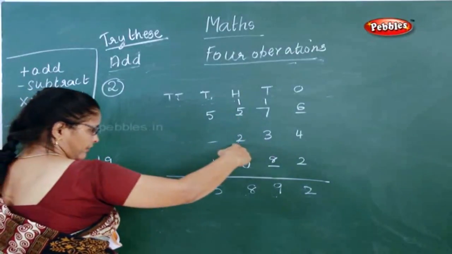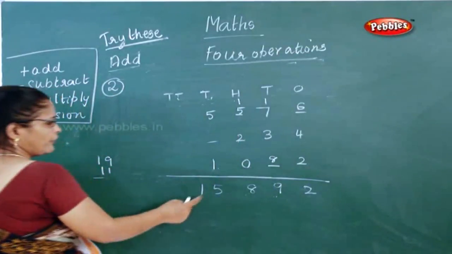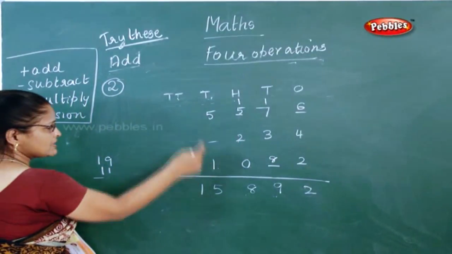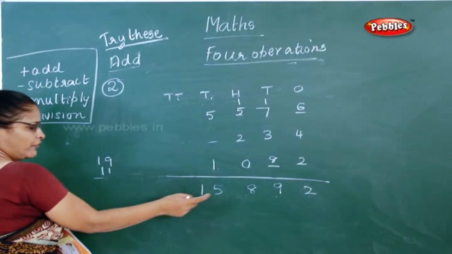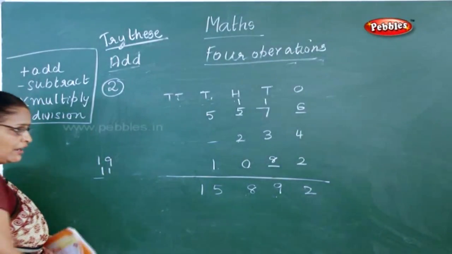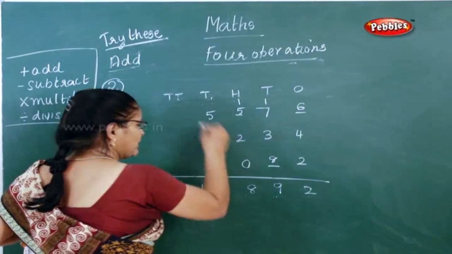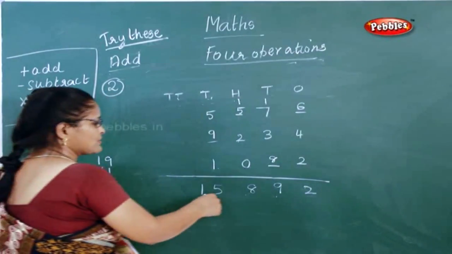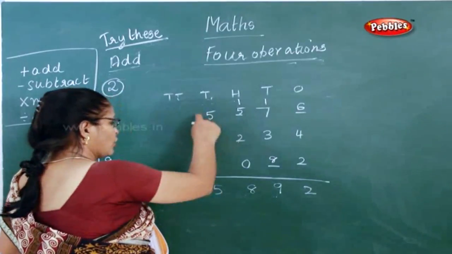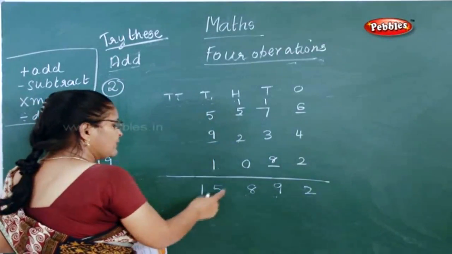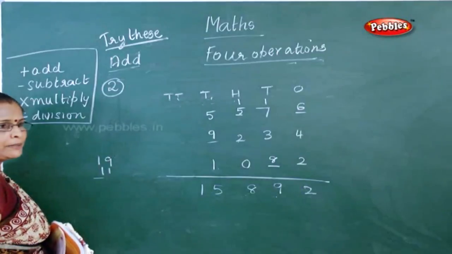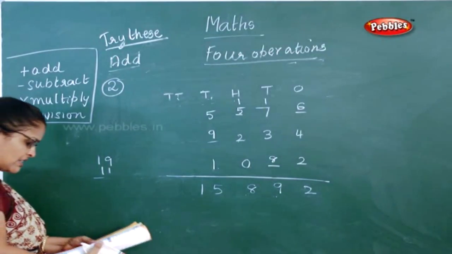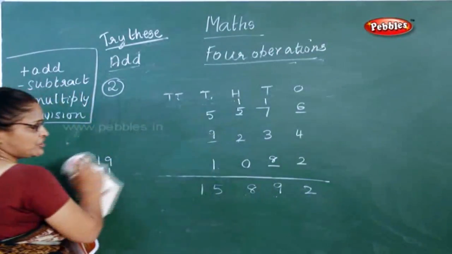Now 5, 7, 8. 8 is given. Now here 15 is given. Now 1 is given, 5 is given. Now what is the remaining? 15 minus 6 is how much? 9. So immediately you have to put 9 here. Is it clear? Replacing the digit means first you just count the numbers, and then you minus with this and start replacing the digit. So this is how you have to do your addition sums.